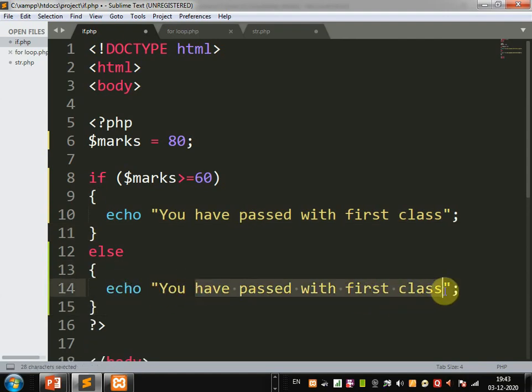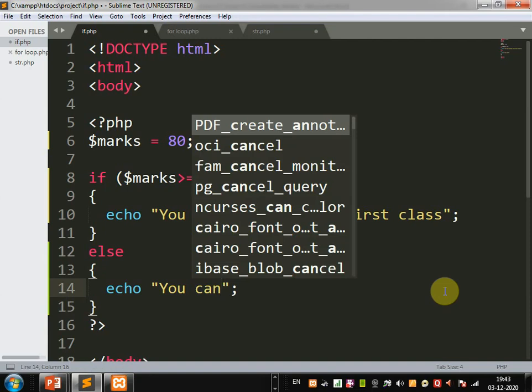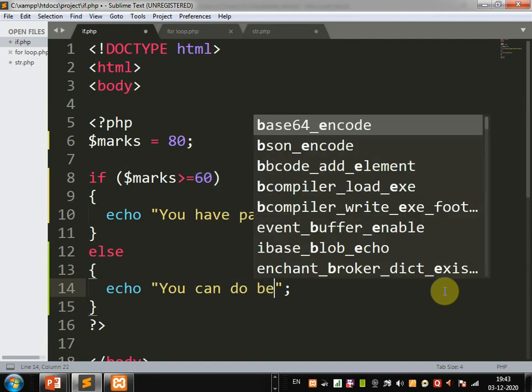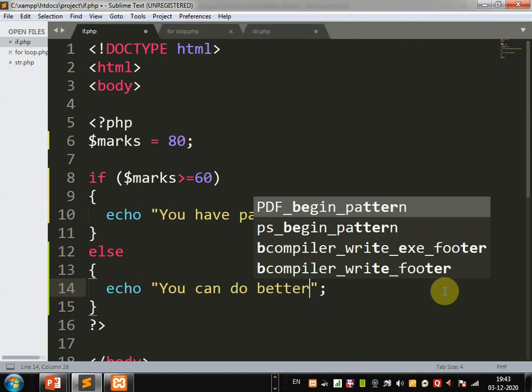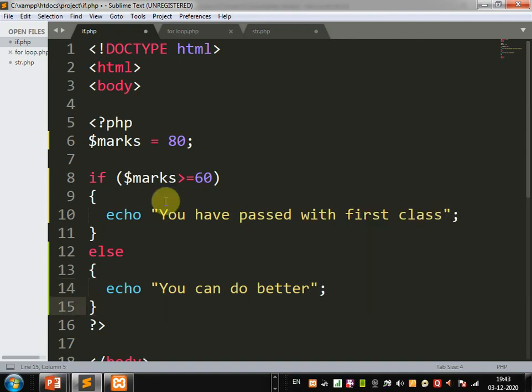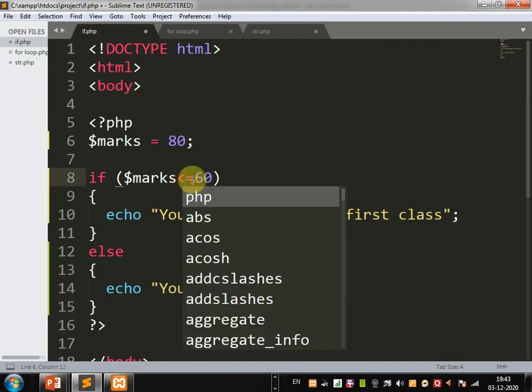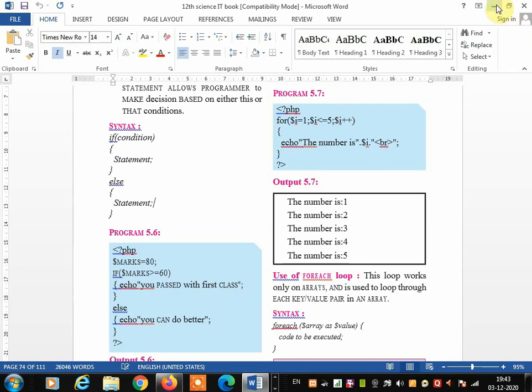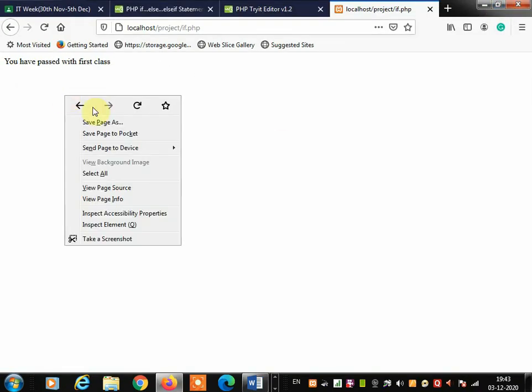If the student got fewer marks, then I have to print this statement, you can do better. Okay, so suppose I am making the condition marks less than 60. If we got less than 60 marks and the marks defined are 80, save this program and see what result you will get. Minimize this program, go to the browser and check the program.